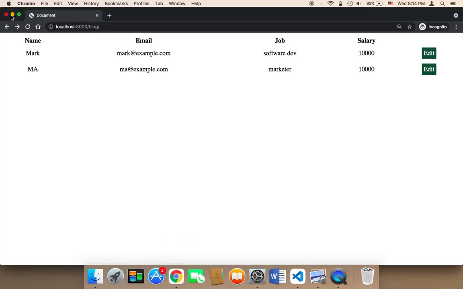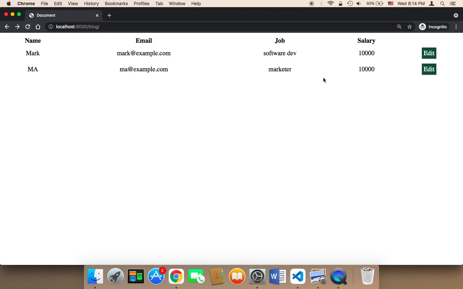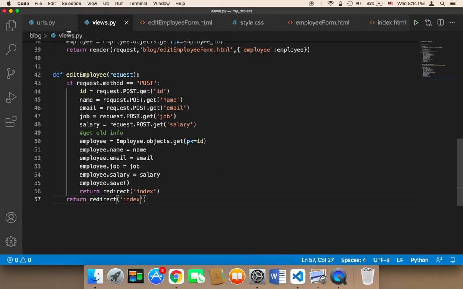So in the browser now, let me refresh. Let me edit information about Mark here. Let me refresh, and let me click on edit. And by the way, it's going to display 9 here, but you cannot edit this 9. Let me push this a little before I test. So I'm going to say in the edit employee info,